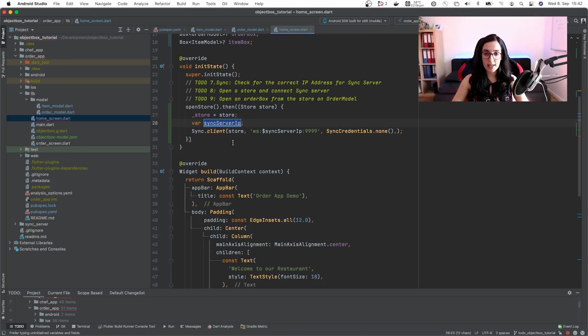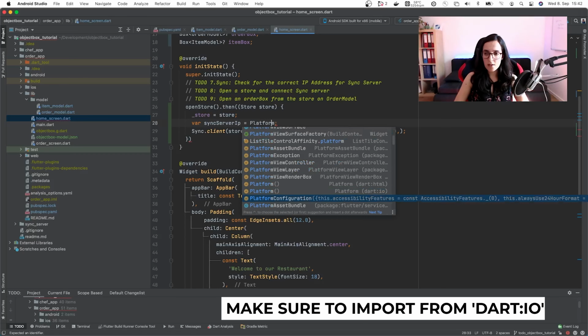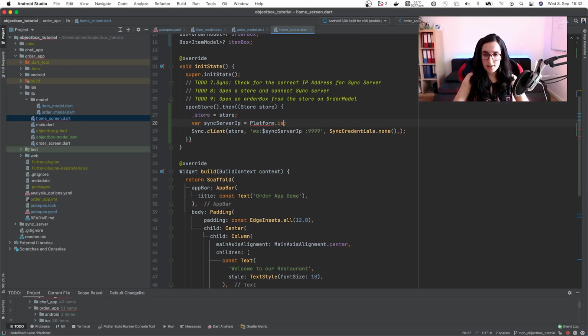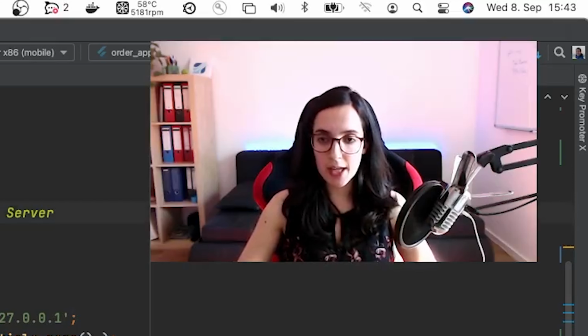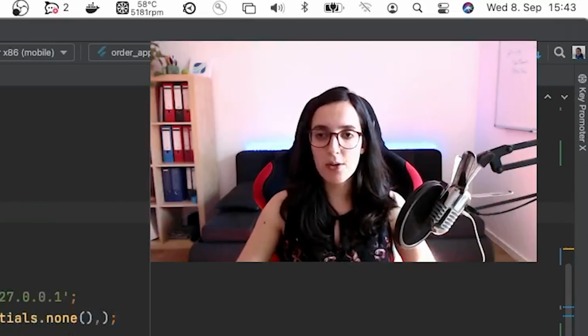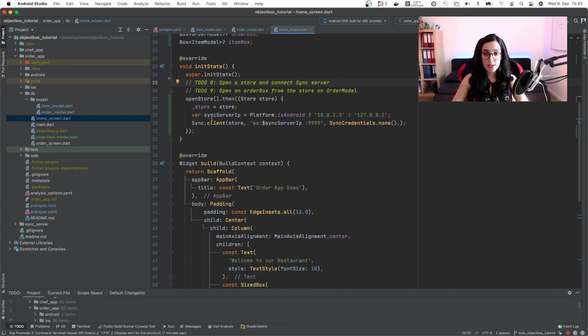And what I need here is, because we have a different server IP for Android and iOS, I will go and check my platform. And if it is Android, let's import the data. And if this is iOS, we will have 127.0.0.1. You can actually find both of them also in the documentation of the ObjectBox. So we check for the correct IP address according to the platform, and then open a store and connect the sync server